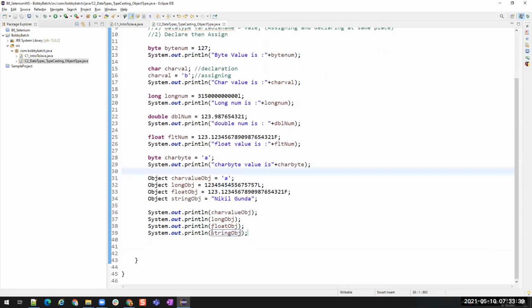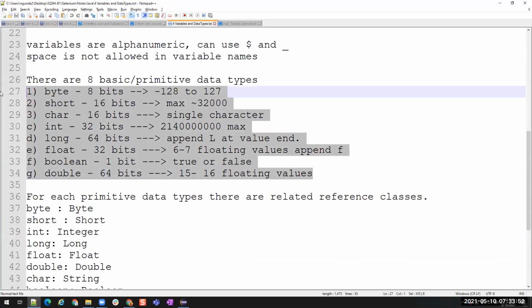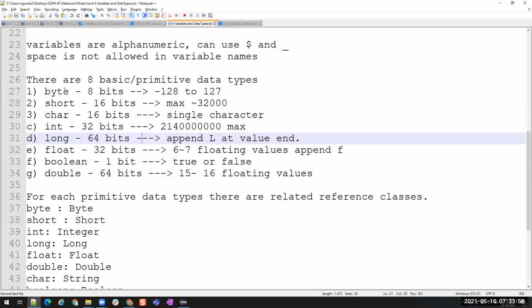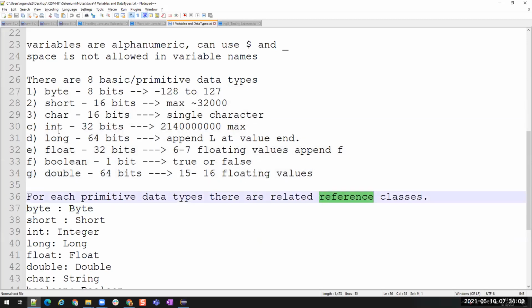Okay. Now let us see some reference data types. The primitive data types are byte and so on. These are the primitive data types, right? For each primitive type, we have a reference class. Primitive data types are given by default in Java, and we have reference classes for each data type.